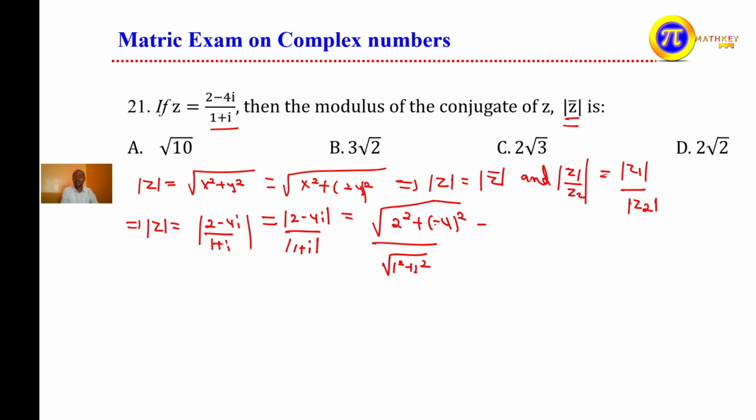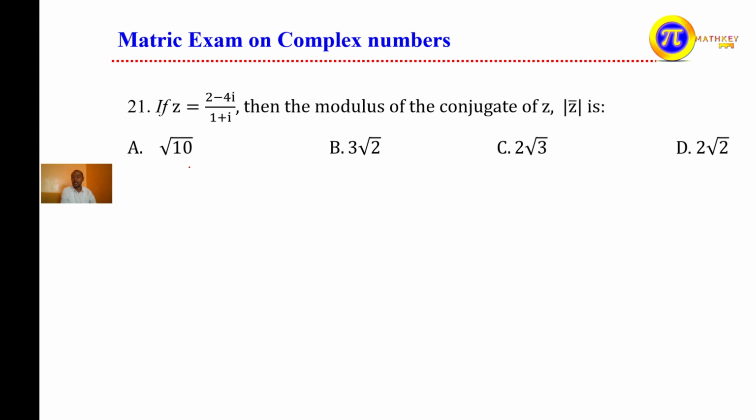2 square means that is 4. Negative 4 square is 16. So the square root of that is 20, divided by the square root of 1 plus 1, that is 2. We can put it in the same square root: 20 divided by 2, which is 10. So the value becomes the square root of 10. This is our choices. The correct one is